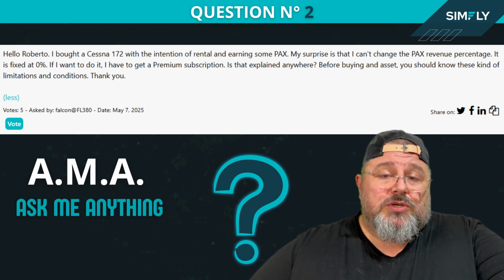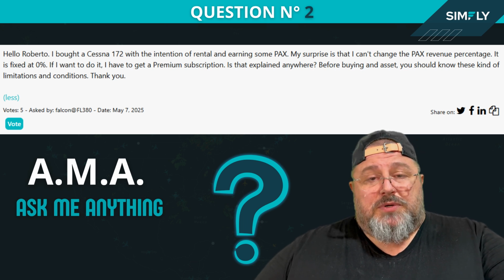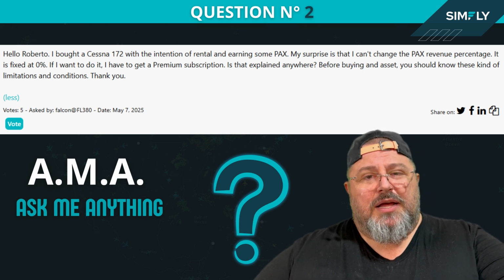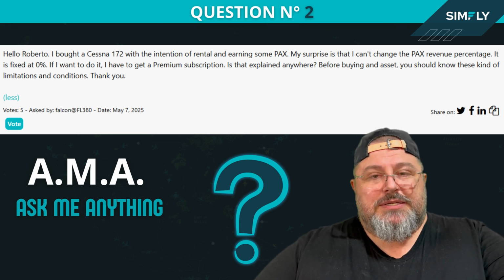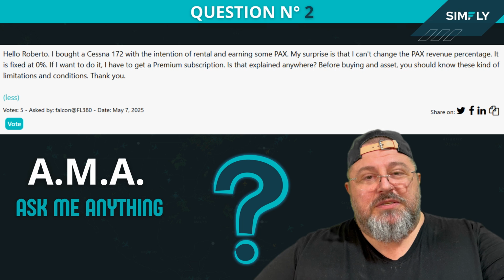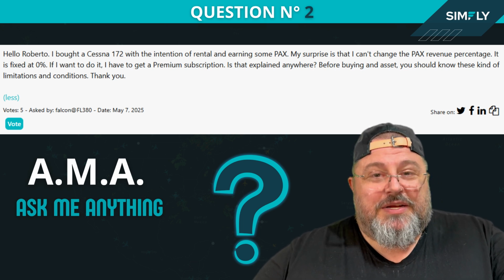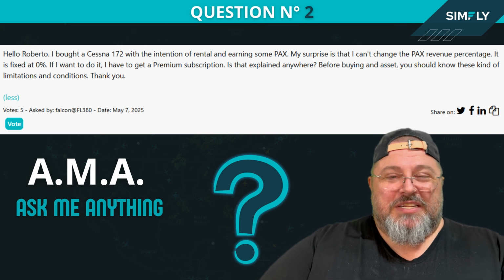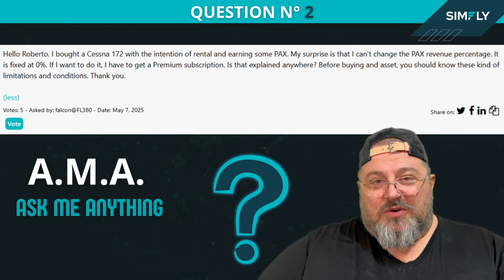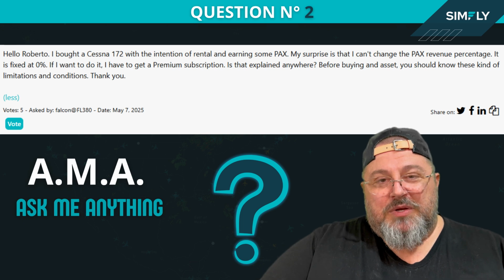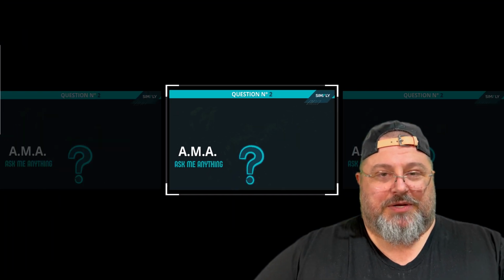If you want, you can get a premium membership and do revenue sharing also in the airports. The airport has a default already up to 20%, but there are many other things that the premium membership is going to let people do. That's why it's an extra, right? As for example, setting a percentage in the airplanes. I hope this answered your question. So your asset doesn't come with the revenue sharing. Revenue sharing is something else that is managed separately, okay?